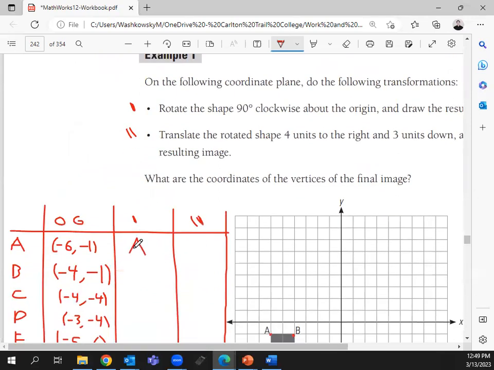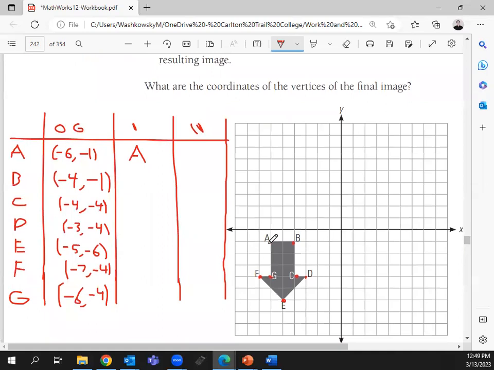I want to know where coordinate A would be if I were to rotate this image, on this next quadrant. So what we say is, hey, this is A prime. That just lets me know that you've taken coordinate A down here and moved it somewhere in this other quadrant. So when I say A prime, it means you took A, you rotated it, and this is its new home. So instead of writing A prime here, I'm going to write the coordinates of it. So first off,